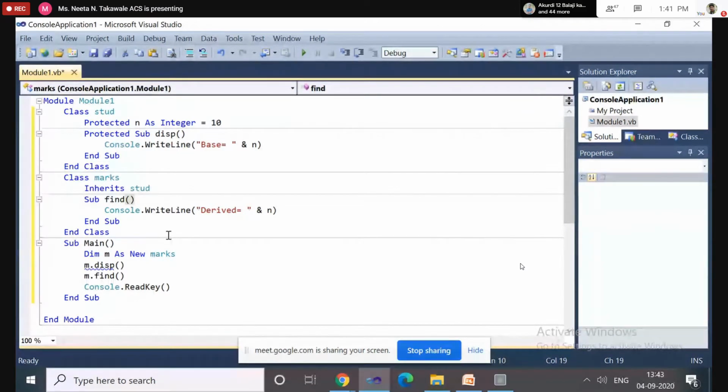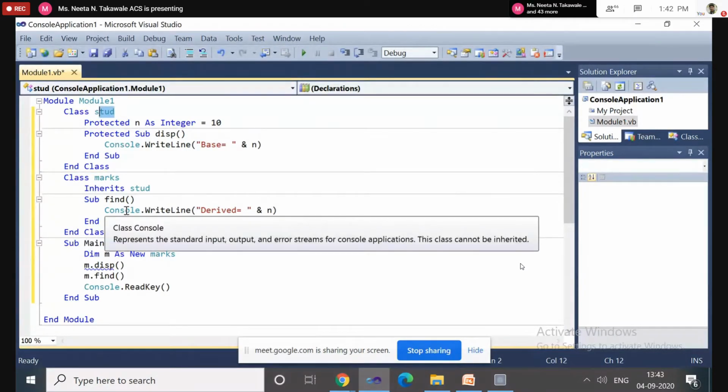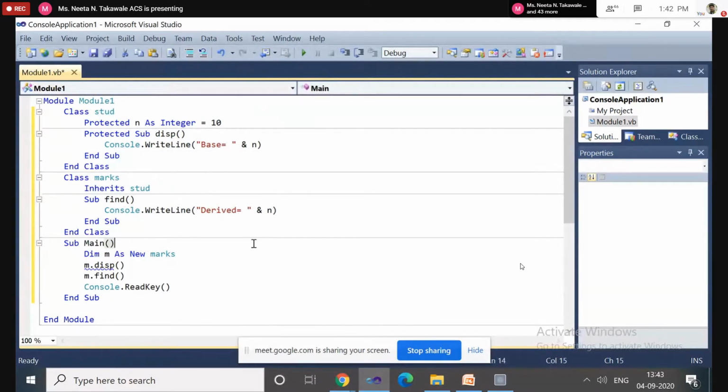If we declare members of the class using the protected access specifier, those protected members can be accessed inside the derived class. So the derived class of this student class can access these protected members. I have declared n and the display method using the protected access specifier.